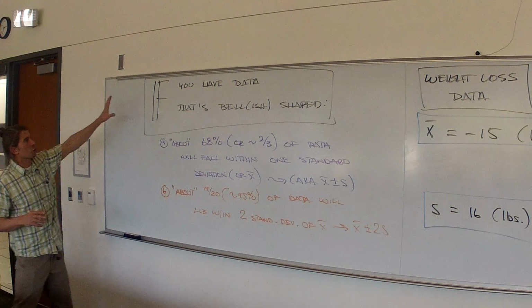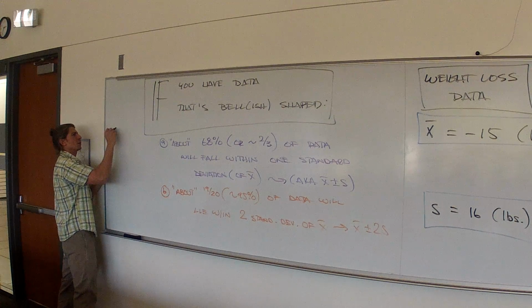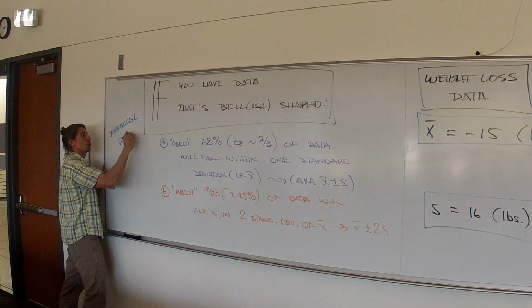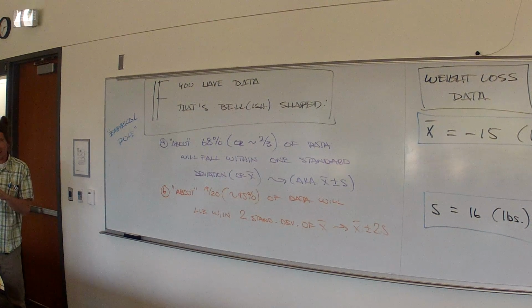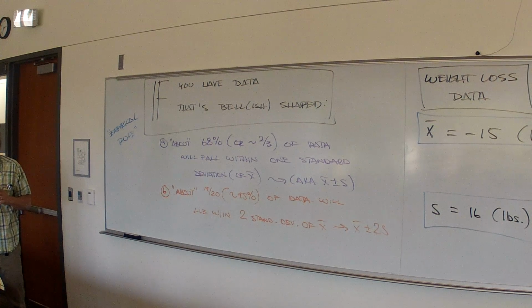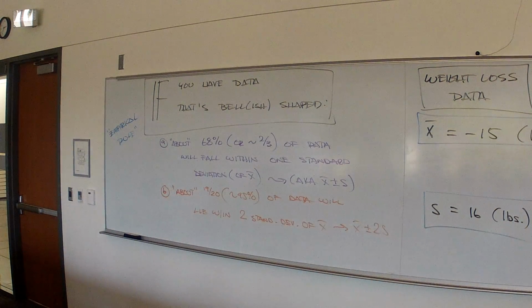Now, this is loosely called the empirical rule. I think your textbook calls it this, which is a cool name. And I love calling it that now too, because we're doing this empirically, not analytically, not theoretically. We're counting our data and seeing what falls. So let's check your data with 3 standard deviations. Let's put the graph back up. 3 standard deviations would have to go down 16 more